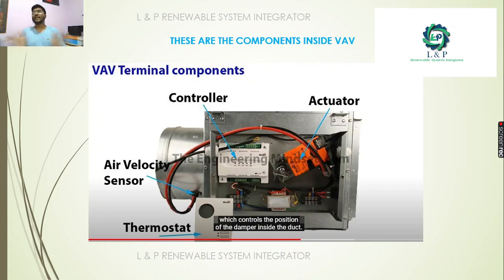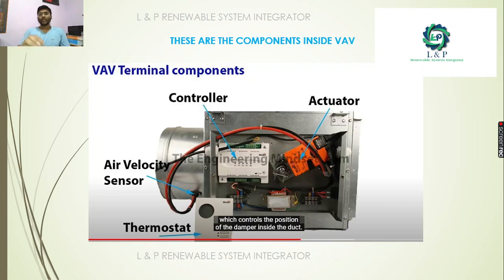For the digital type, it's very easy. It's the same as operating a 24 volt relay. When it gives the open command, the actuator will open fully. When it gives the close command, it will close automatically. And the temperature sensor, we know it: it changes a physical parameter into an electrical quantity. It will be 4 to 20 milliamps. The settings we have to do here, and we have to connect it to the analog input. In the thermostat we are not going to give any sort of commands, we are just monitoring it. The only thing we are controlling is the dampers and also the air velocity.